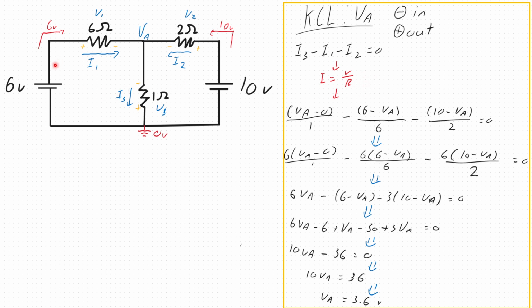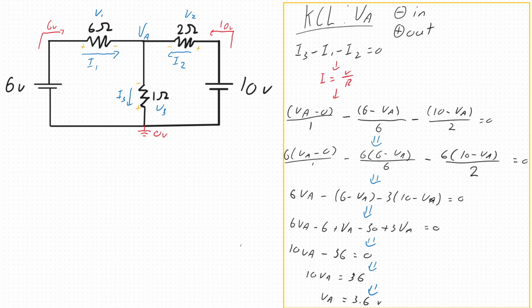To find V, you take the 6 volts flowing into the resistor, and you subtract the VA volts flowing out. And for I3, you have VA volts flowing in, and you have 0 volts flowing out. So that's how you get these top values here, the voltage values, and you just divide by the value of the resistor. Then we want to remove the denominator, so you multiply each fraction by the lowest common denominator, which is 6 in this case, and then expanding out and solving for VA, you get VA is equal to